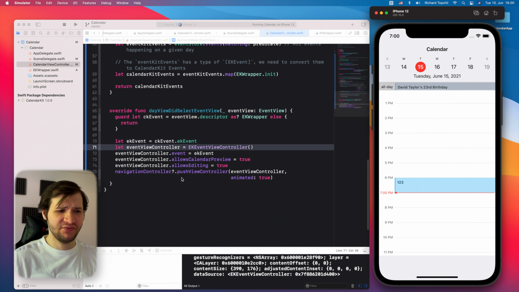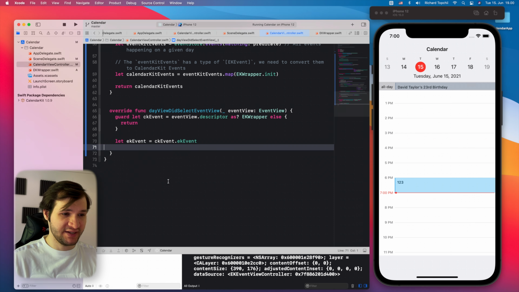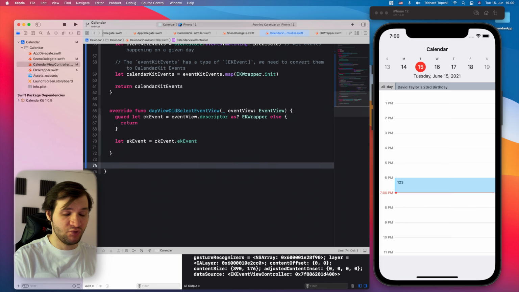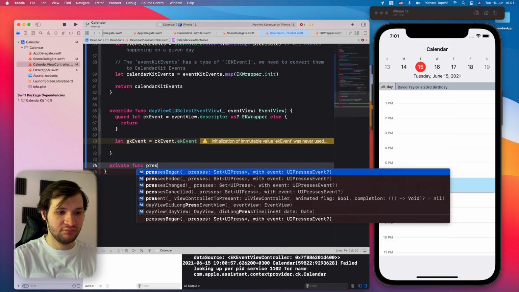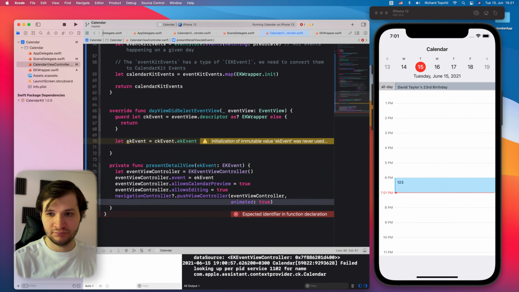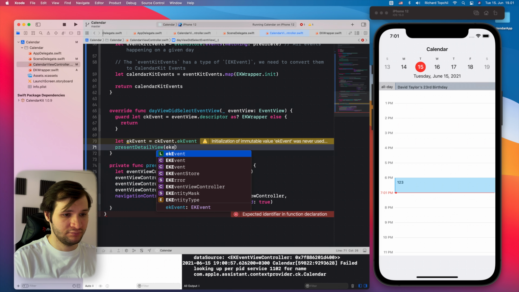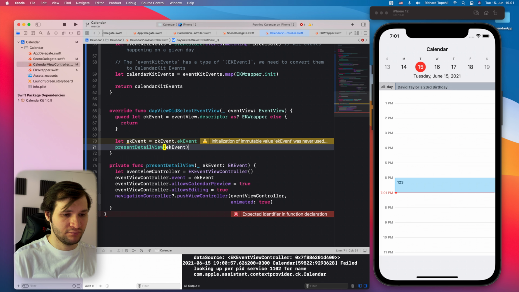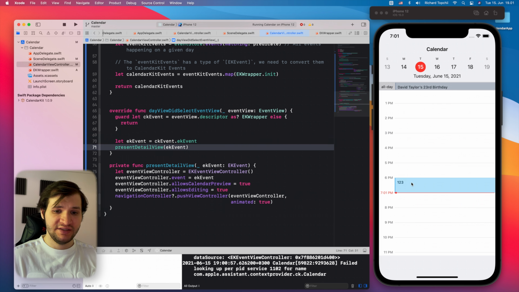Now let's quickly refactor this code and extract this to a separate function. I'll just cut it and create a new private method. I'll call it presentDetailView, and just call it here. So now we are able to open the detail page,